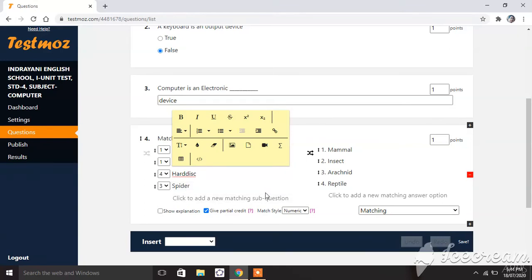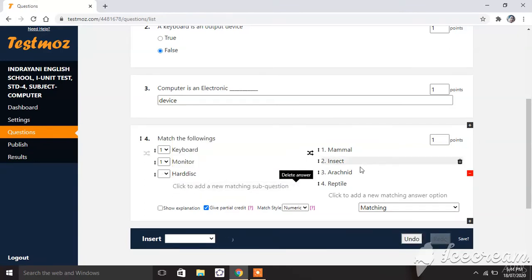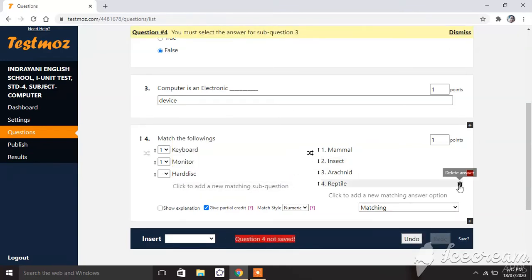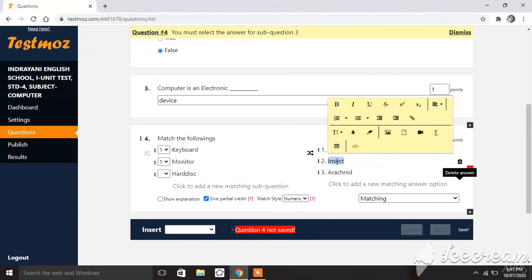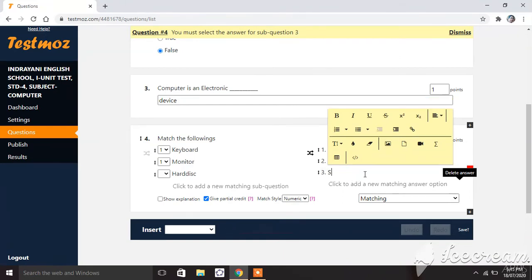Okay, I don't want a fourth one, so delete this fourth one. Here also, output device. Then input device. Then storage device.